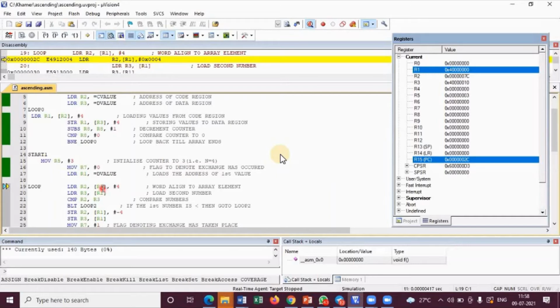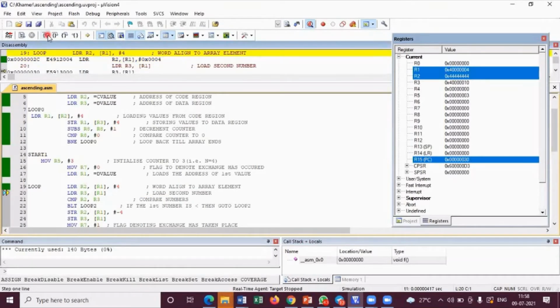Move it to R2 and simultaneously increase the R1 pointer. If I do F11, see R2 has the data 4444, and simultaneously R1 is being updated with the next address.